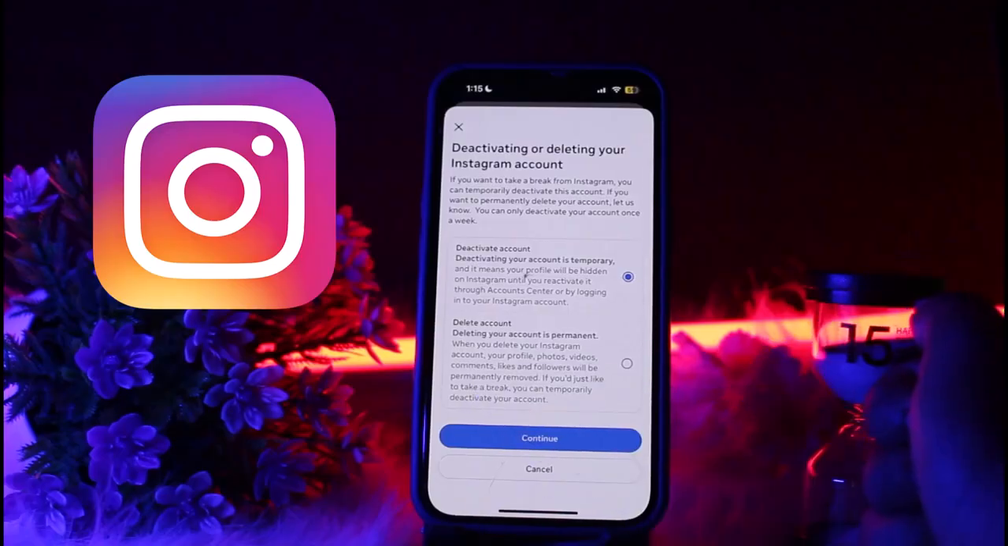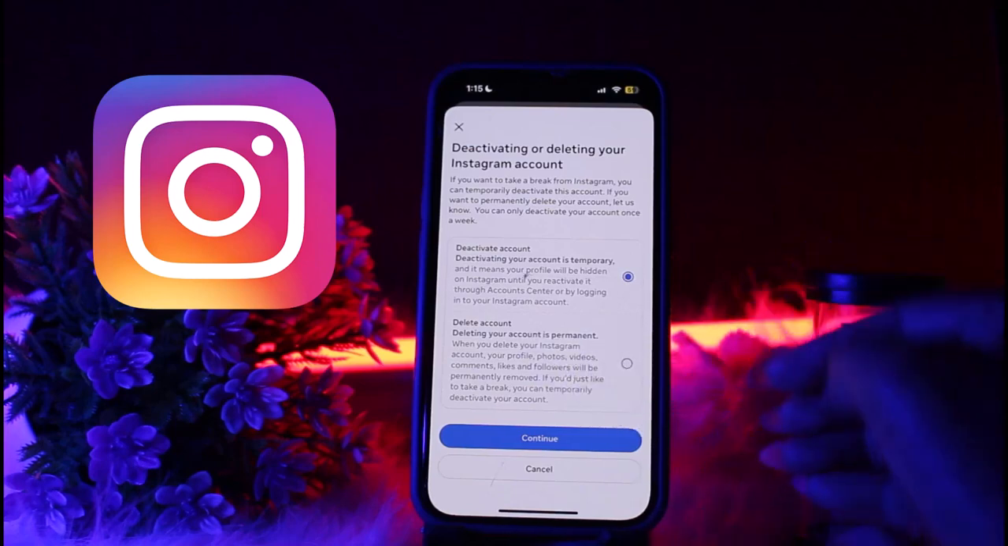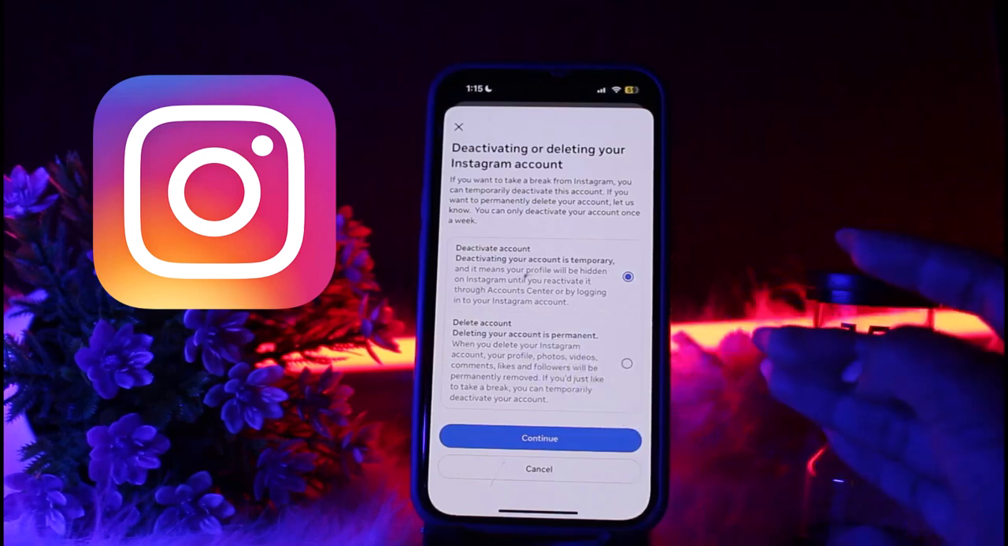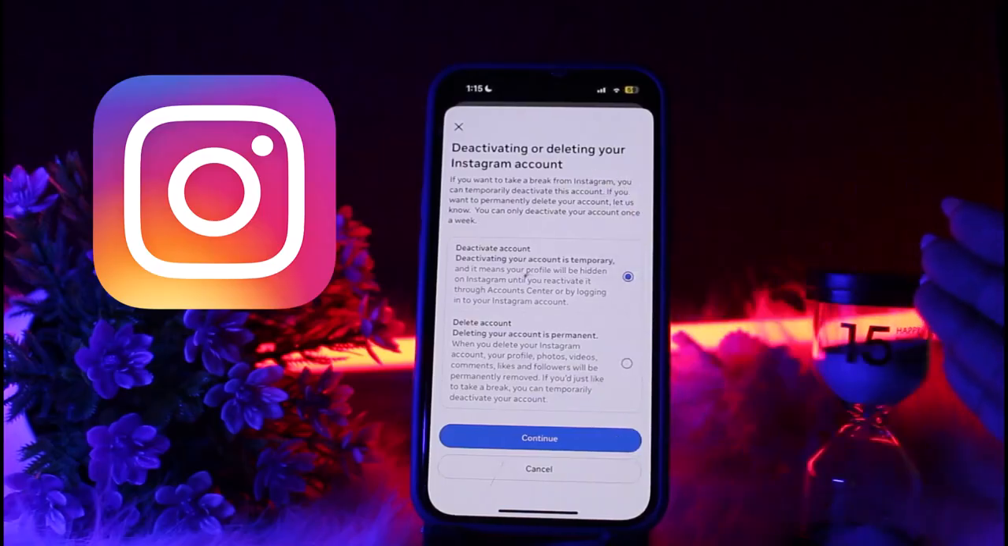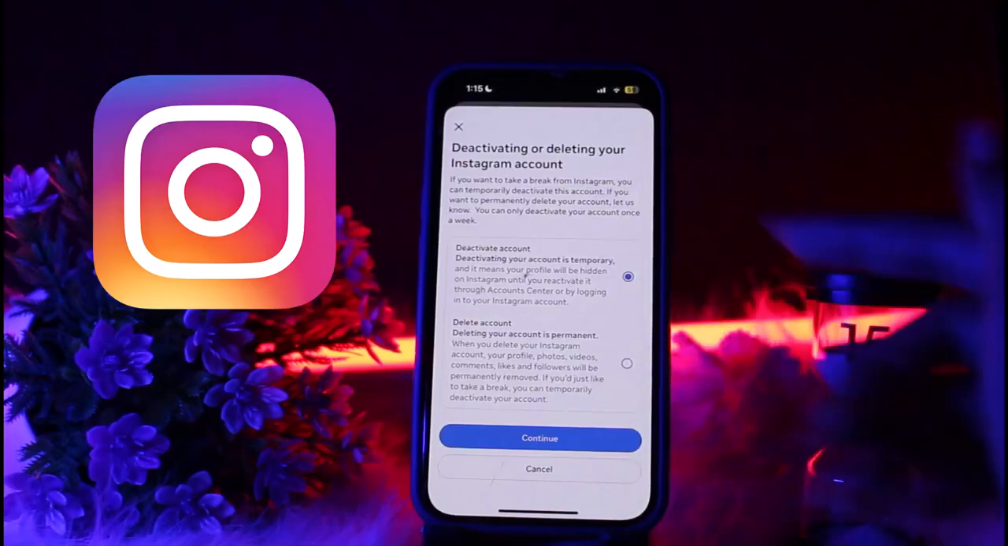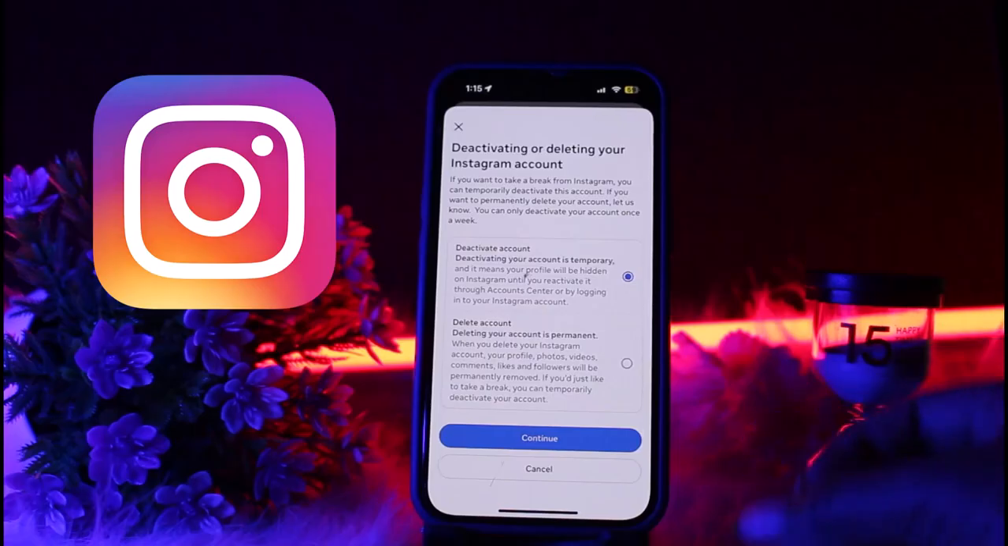And Delete account means deleting your account is permanent. When you delete your Instagram account, your profile, photos, videos, comments, likes and followers will be permanently removed. If you just would like to take a break, you can temporarily deactivate your account. I would suggest you deactivate your account rather than deleting it, but if you still want to delete